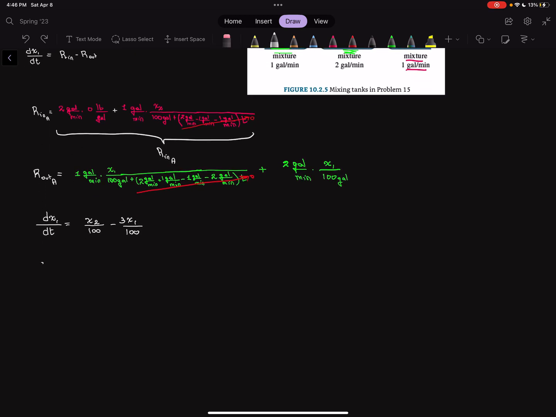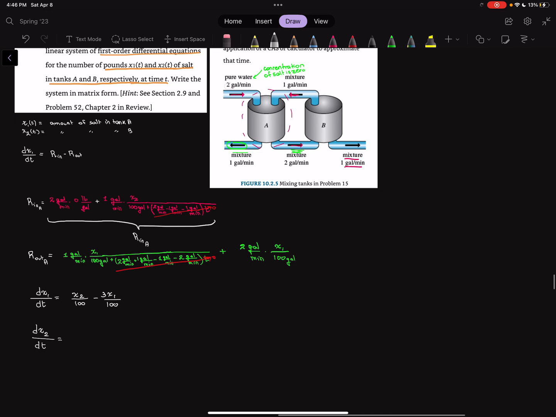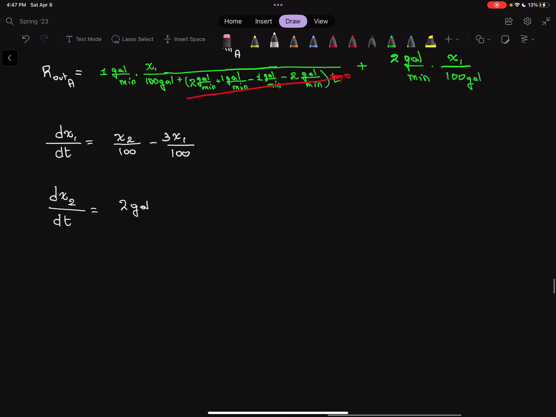So to do the other one, we want to do the rate in and rate out for this B as well. So what do we have going in? Well, we only have 2 gallons per minute. So again, I'm going to write here 2 gallons per minute,